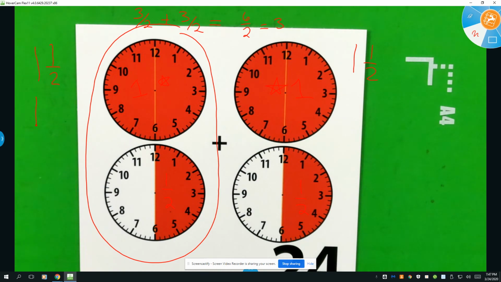Or do it over here, 1.5 plus 1.5. Half plus a half is a whole. Put down the 0, carry the 1. So we have 3 and 0 halves, which is the same as 3. Now, if you did this as a decimal,